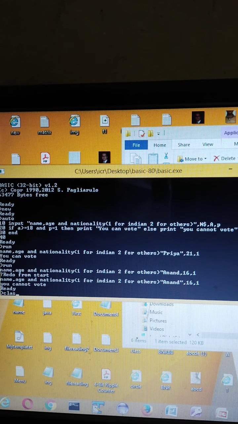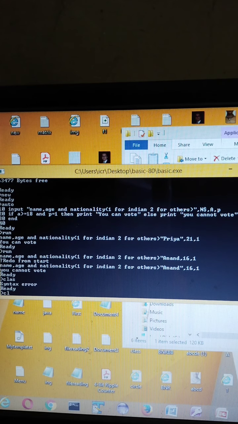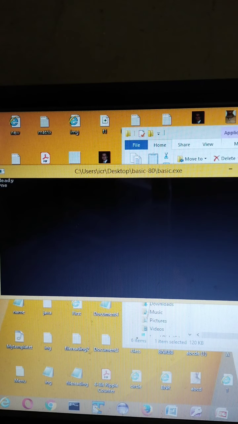First of all, CLS for clearing the screen. Then NEW, AUTO. In INPUT, we'll say enter ASCII code.